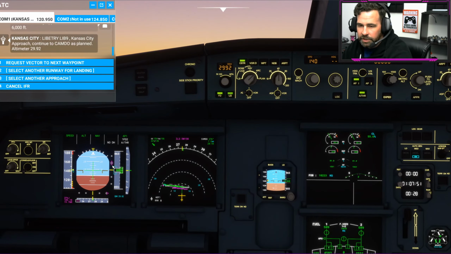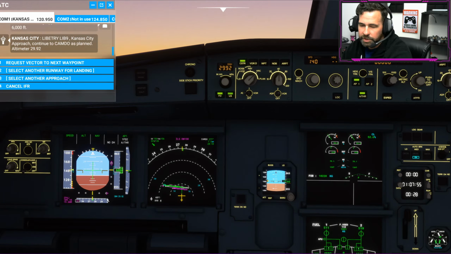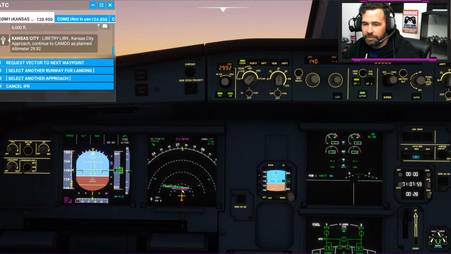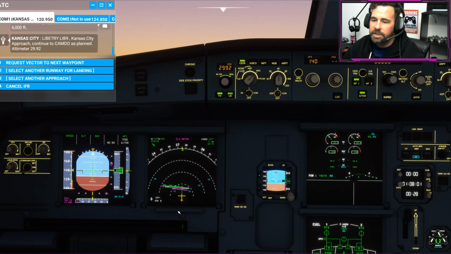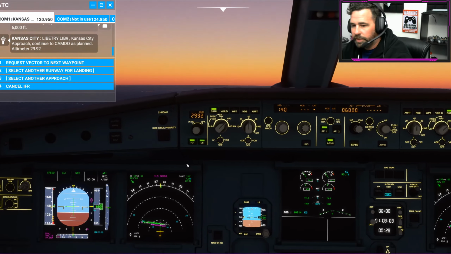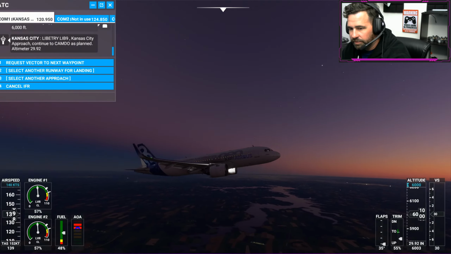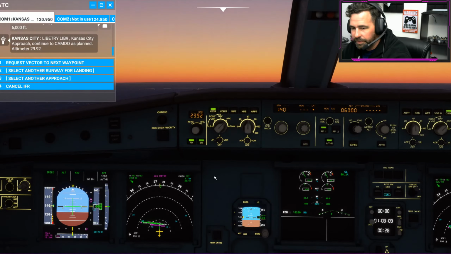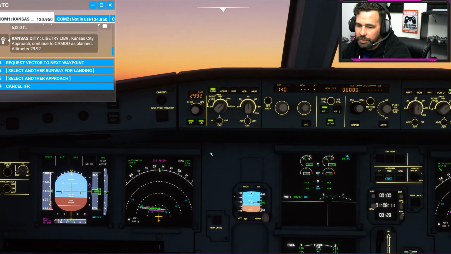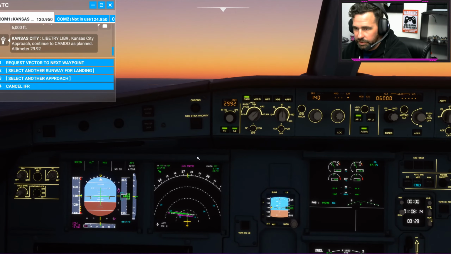Now, we're above the glide path here, but it is slowly coming down, and we should be turning on course. So once we hit this waypoint, I'm not touching anything until we turn to the runway. The only thing I did is configure the plane for landing. I got the flaps and the airspeed set up, and I don't put my gear down until we turn onto the runway,